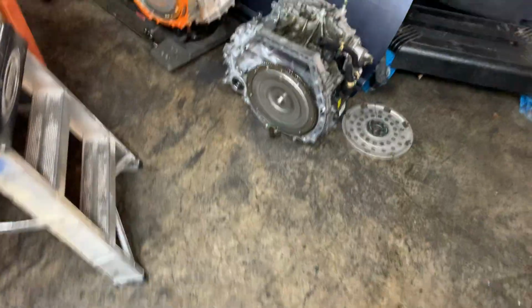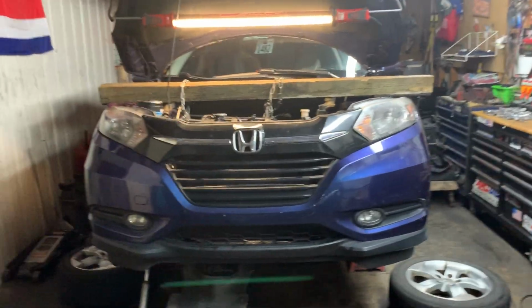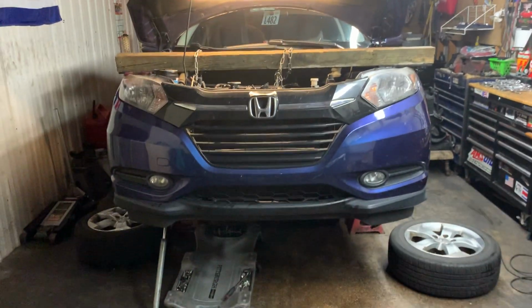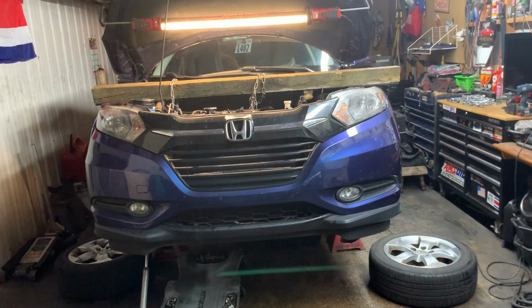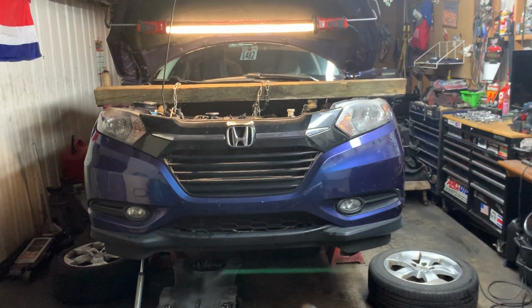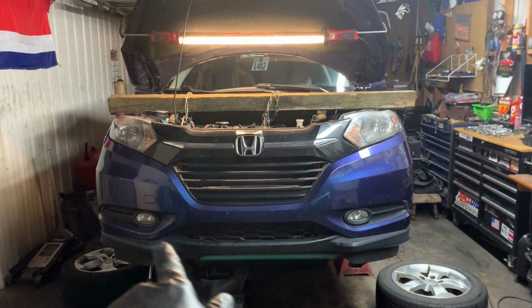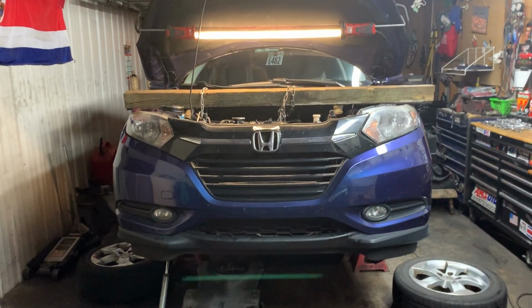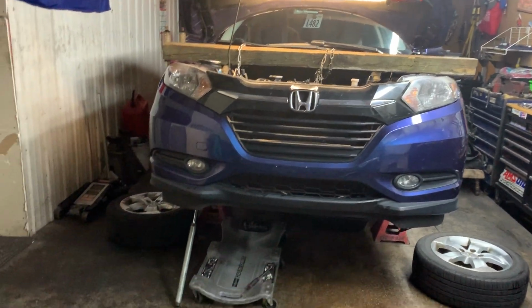Okay, so moving on. We are playing around with these transmissions on that Honda HRV 2016 model. I gotta admit, I like the front end on the new ones. You can see the eyes, like the mouth, you know, the nose. It looks like a face. I like it. Anyways,